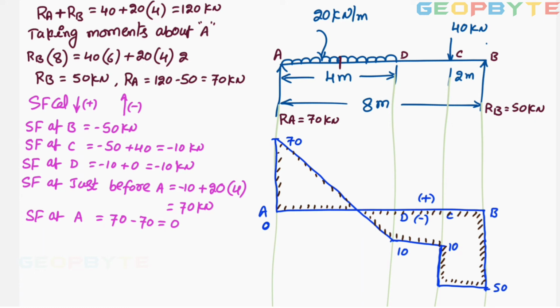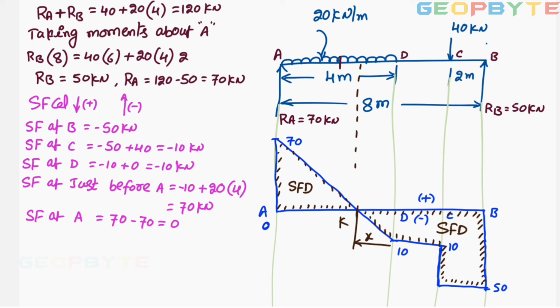This is the shear force diagram. Look at the point K. At point K, the shear force diagram changes its sign from negative to positive, at a distance of x from D. As we know, wherever the shear force diagram changes its sign from positive to negative or negative to positive, there the shear force is 0 but the bending moment will be maximum.